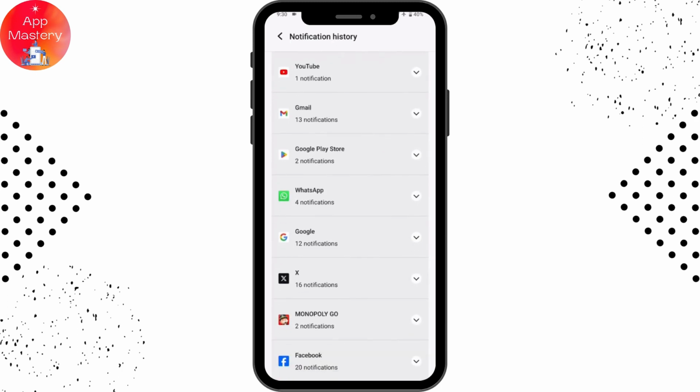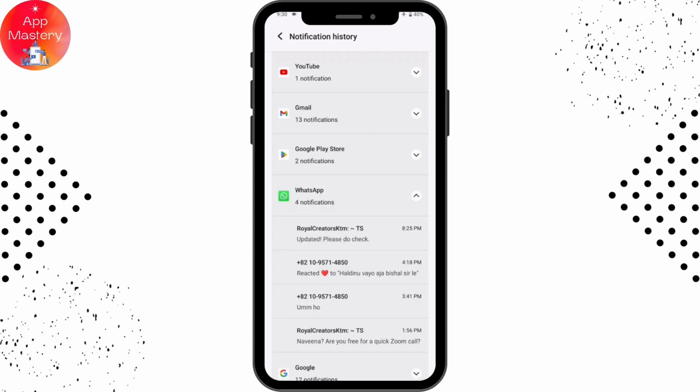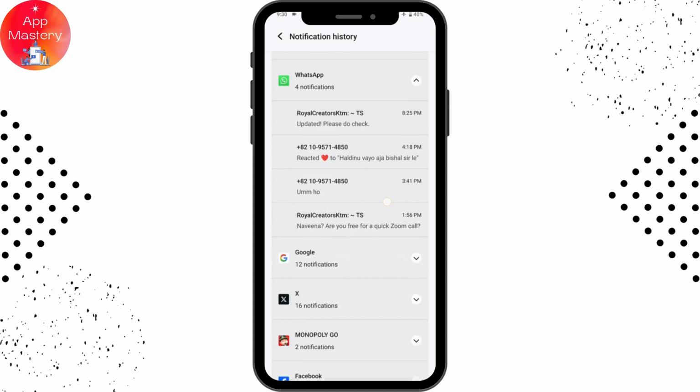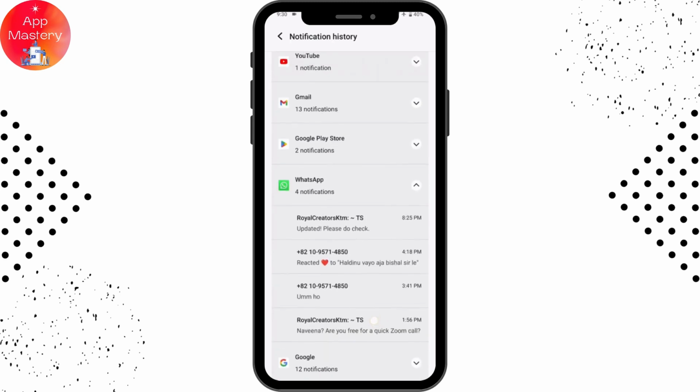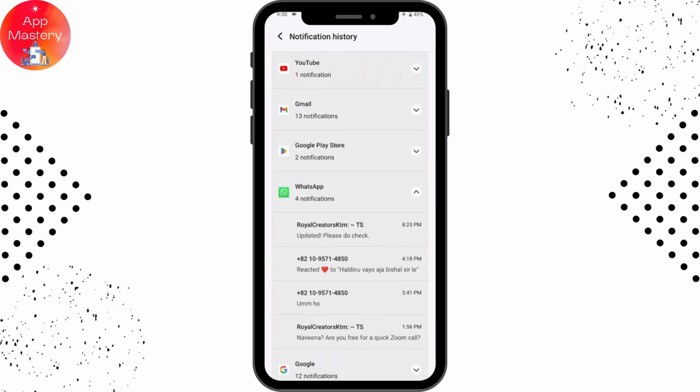You need to simply go for the right side, which has that drop down arrow. Go for that, and here you will have all of your messages that you have received on your WhatsApp. So if the other person has deleted the message, then you will have that notification here. So that's how you can read deleted messages on WhatsApp without any